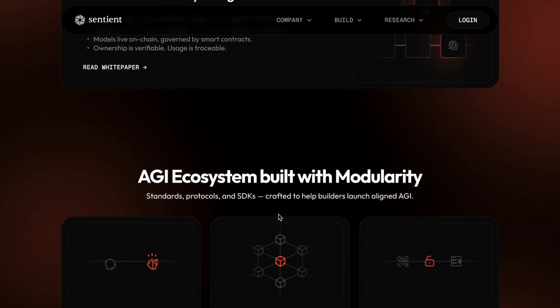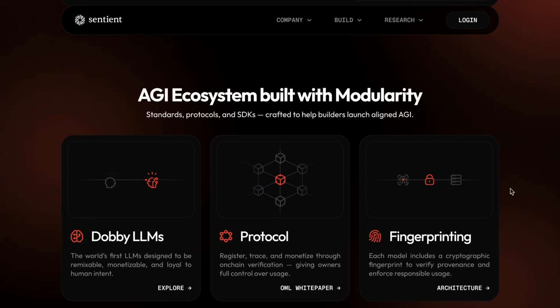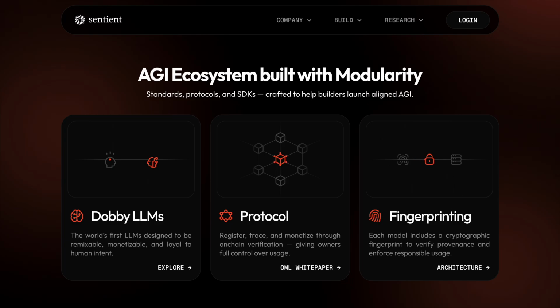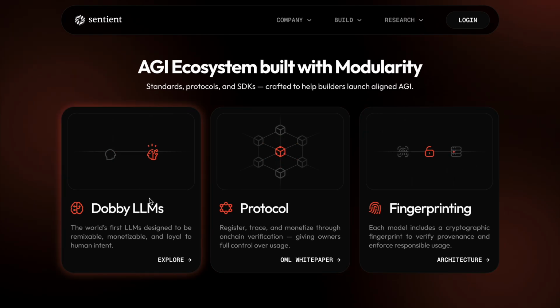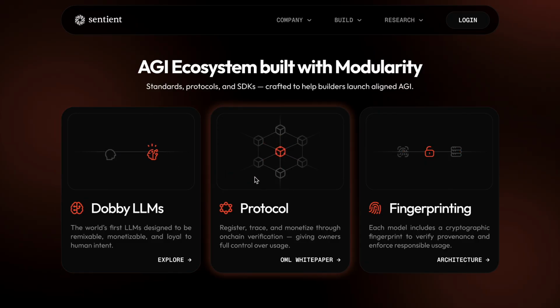Below that, we dive into the product ecosystem with three cards. First one, we have the Dobby LLMs. Here the graphic shows a signal traveling from a human brain to an AI head, representing the intent alignment and loyalty towards human goals. The protocol card uses a pulse animation from central node to its surrounding, reinforcing the theme